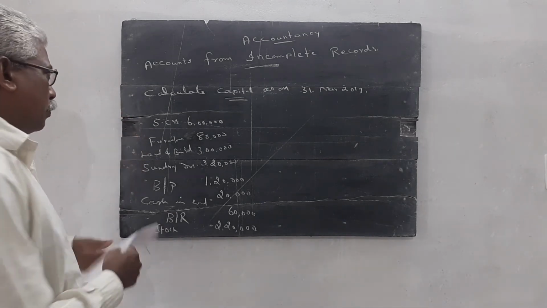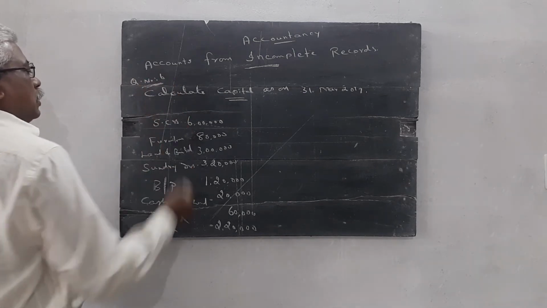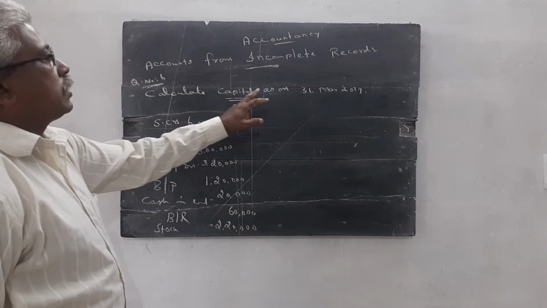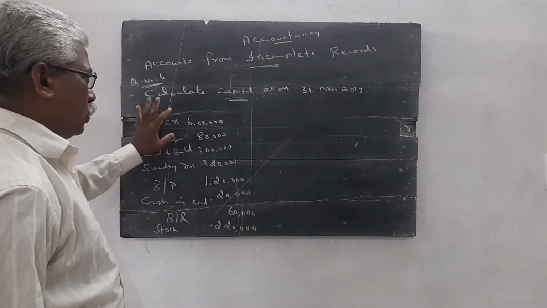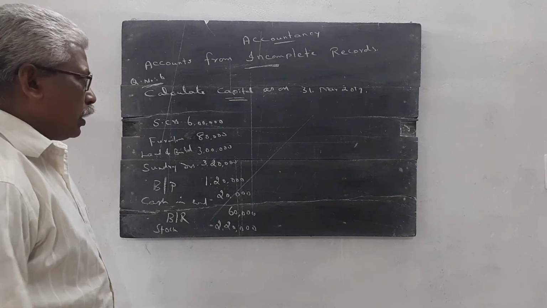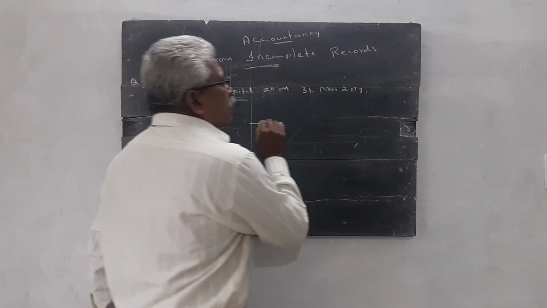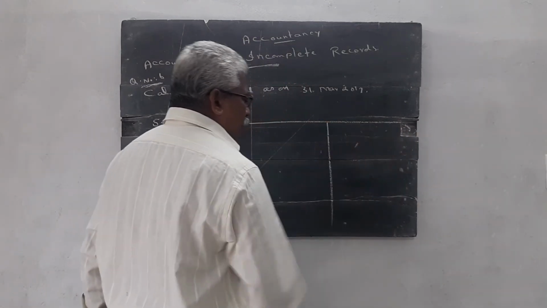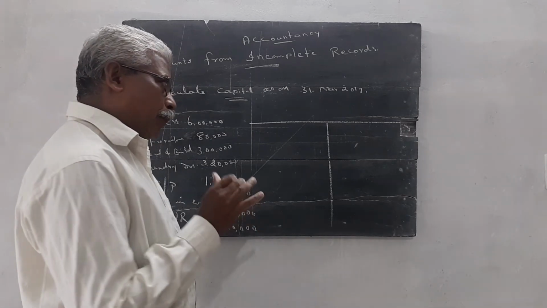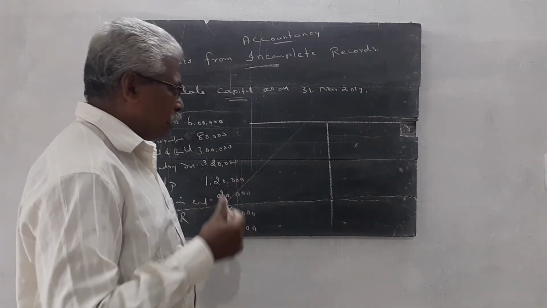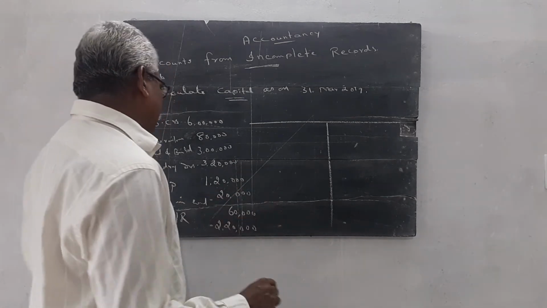This is the question, question number 6. We have to calculate the capital as on 31/3/2019. So how do you solve this question? In this type of question, we have to prepare the statement of affairs. Already we studied the theory portion. What is statement of affairs? Once again I repeat, statement of affairs is a statement showing the assets and liabilities on a particular date.